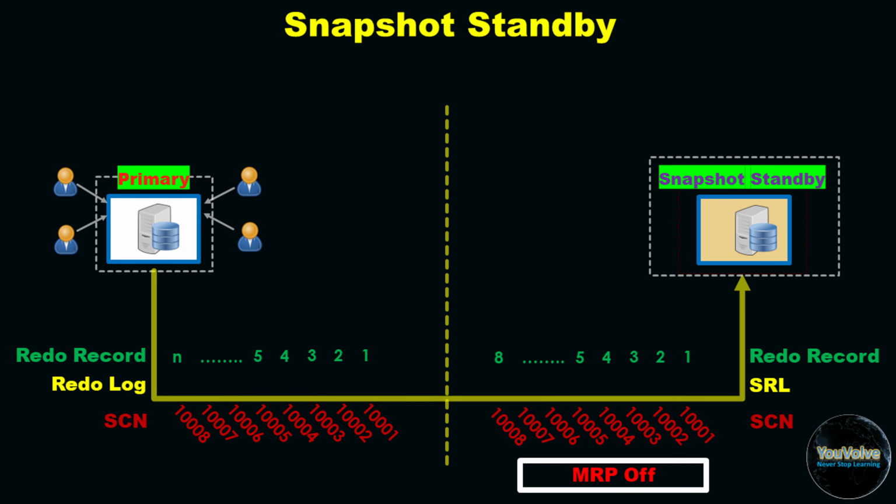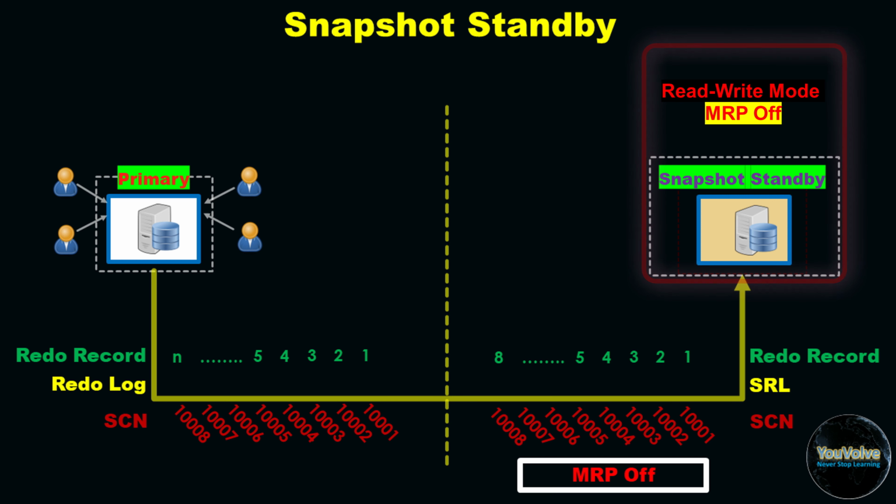But there is another way to temporarily open the standby database in read-write mode without affecting the data guard integrity. It is called Snapshot Standby, when the redo apply or MRP is stopped temporarily in the standby. Converting the standby to a snapshot standby and opening it in read-write mode has implications because you will compromise the recovery time in the event of a disaster, as you have to first apply the pending logs that accumulated when the MRP was off during the standby's snapshot mode,